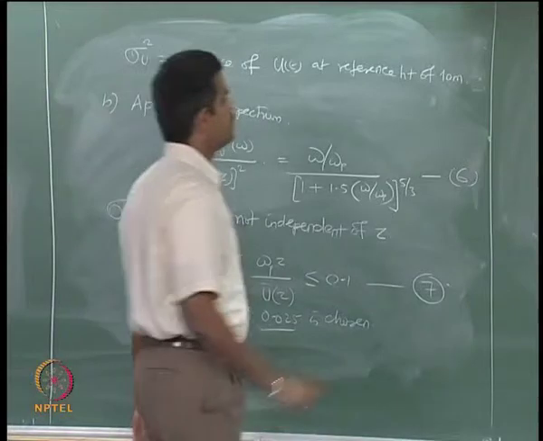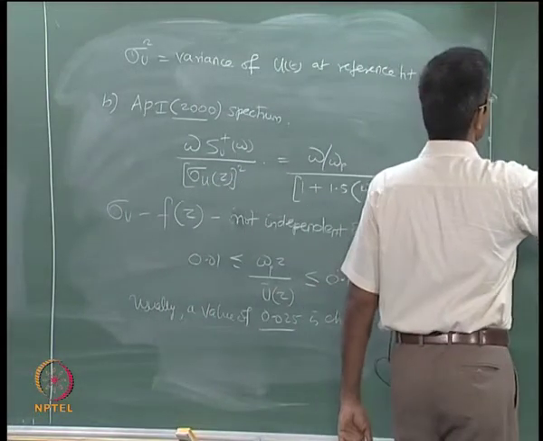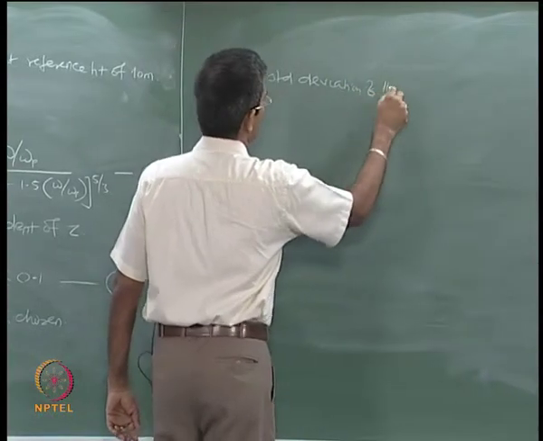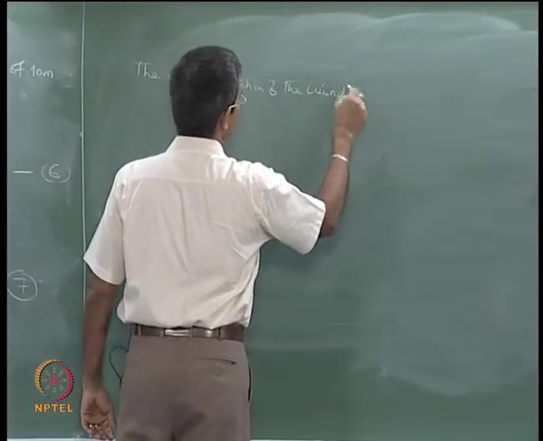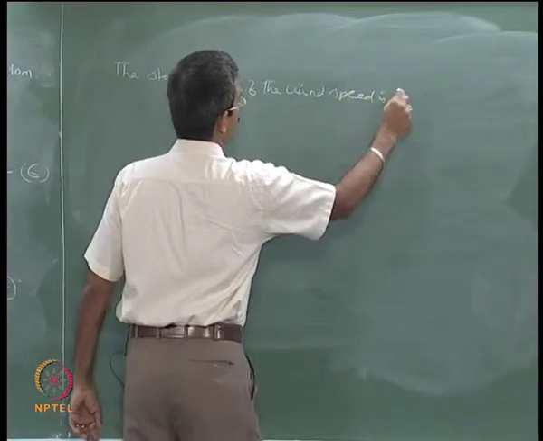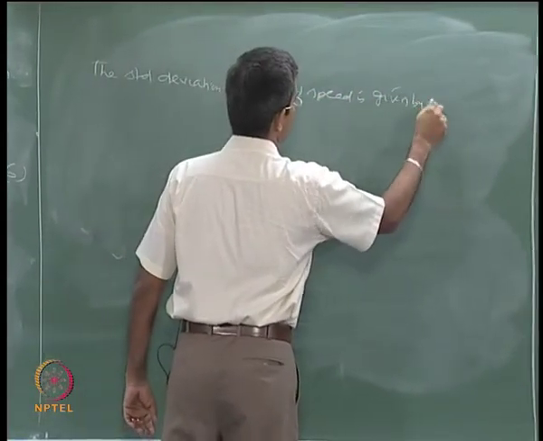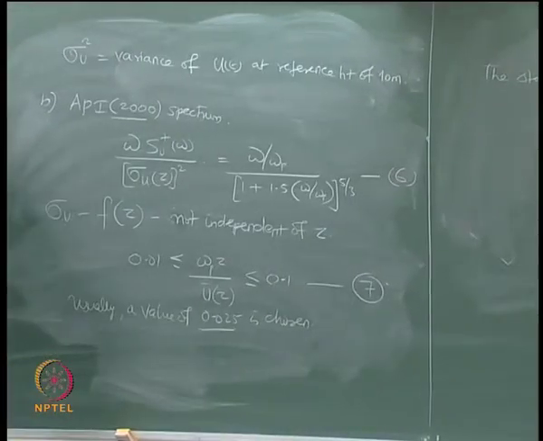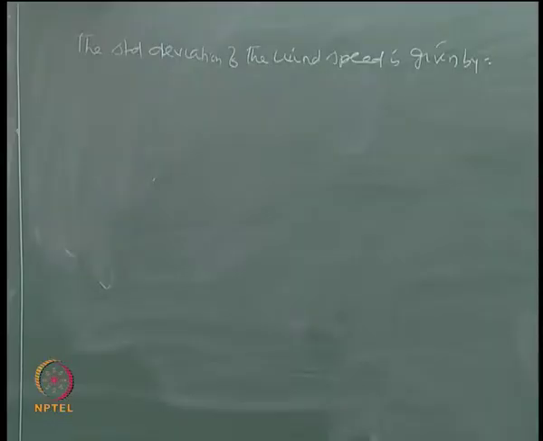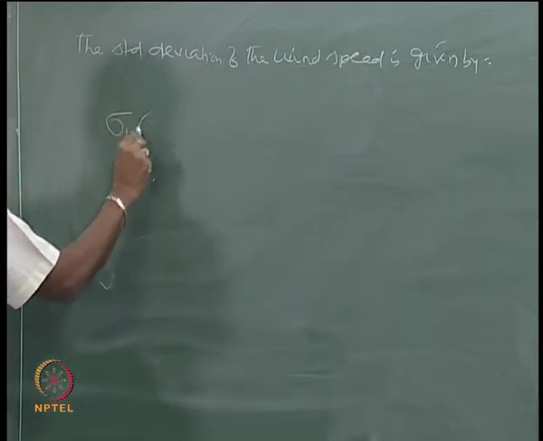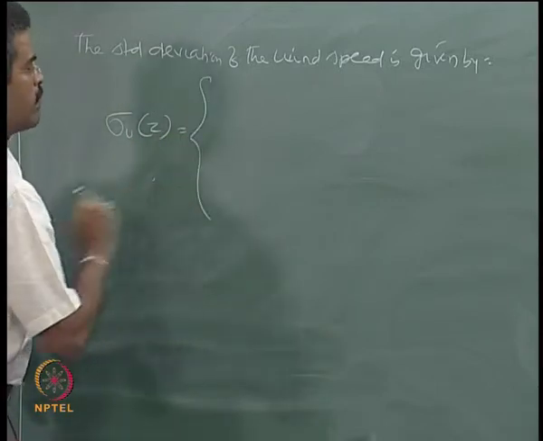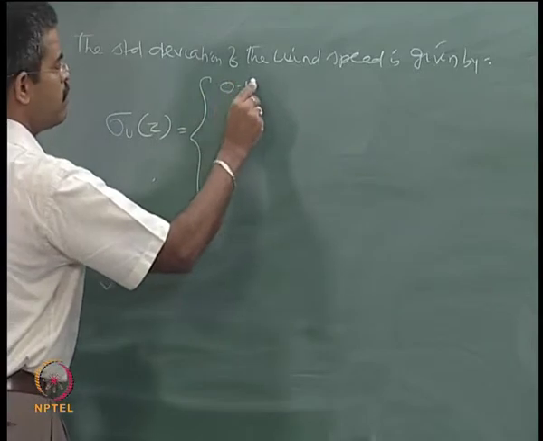Then in that case the standard deviation of the wind speed is given by sigma u of z, which is a function of z, 0.15 of